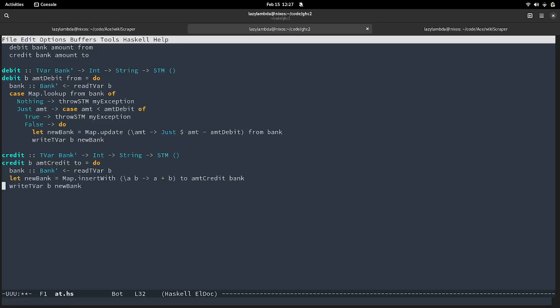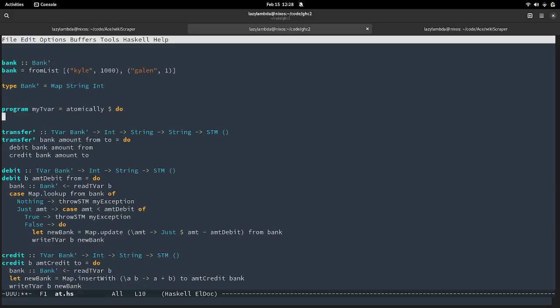Right? And so now we have something that we might actually find interesting to do atomically here. So, like, if this fails, right? If debit fails, then so does credit.